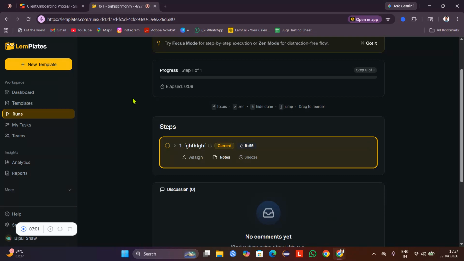One limitation of Slab is that it is primarily designed for documentation, not execution. This means no structured workflow tracking, no built-in ownership, limited process automation. So here's how Lemplates handles this better. Lemplates is designed specially for workflow execution. It provides structured steps, ownership, progress tracking, reusable templates, and this ensures teams don't just document processes; they actually follow